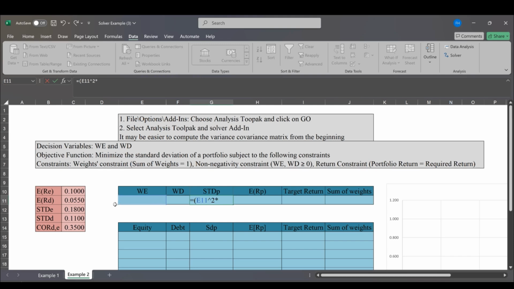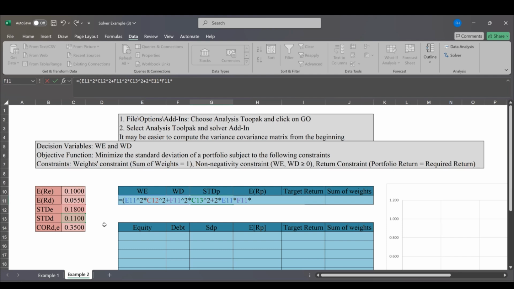times sigma E squared plus WD squared times sigma D squared, so C13 raised to the power 2, plus 2 times WE, so cell E11, times WD, cell F11,